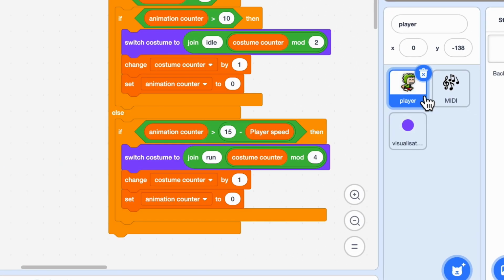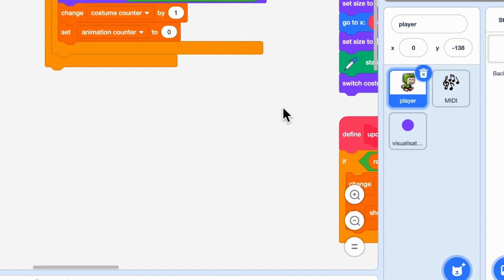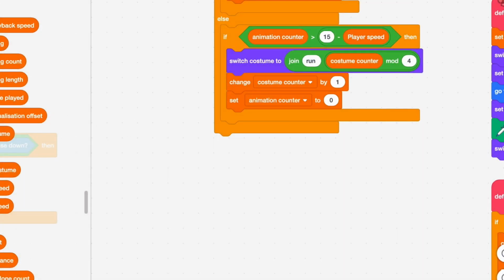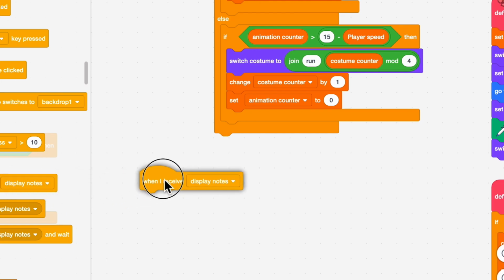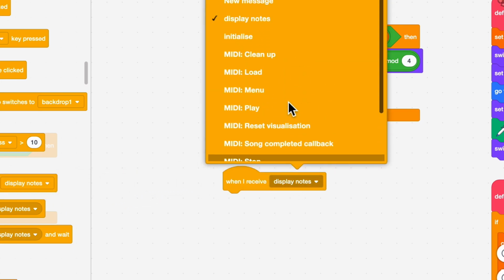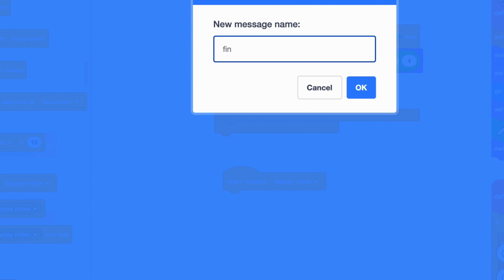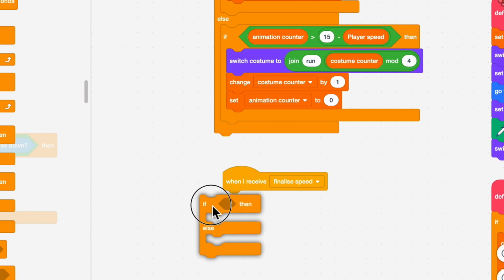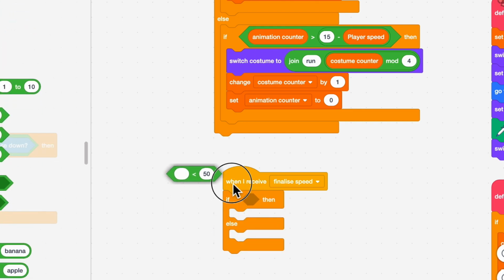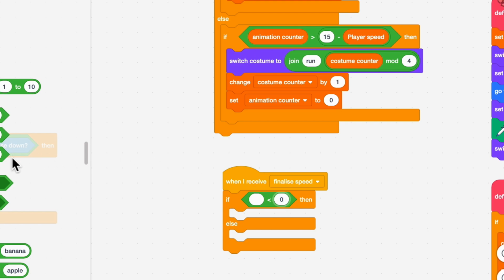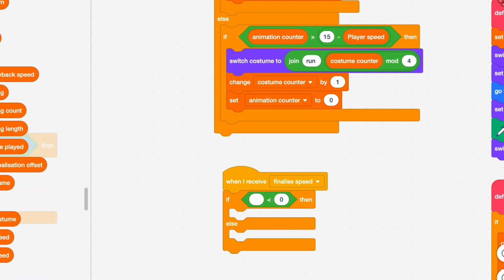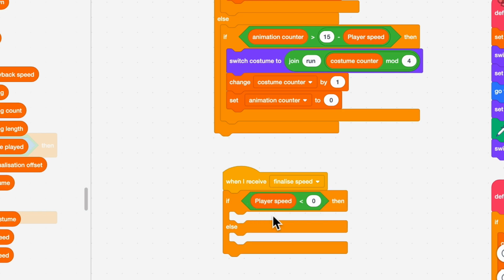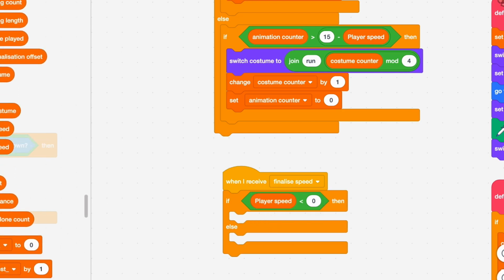And if I go back into the player sprite, I'm going to add a function in here which just checks that the value of player speed stays between 0 and 15. So I'll add a receiver. When I receive, I'm going to call it finalize speed, because this is just going to check everything about the speed variable is okay. So new message, finalize speed. And this is just going to say if else, and it's if your player speed is less than 0,